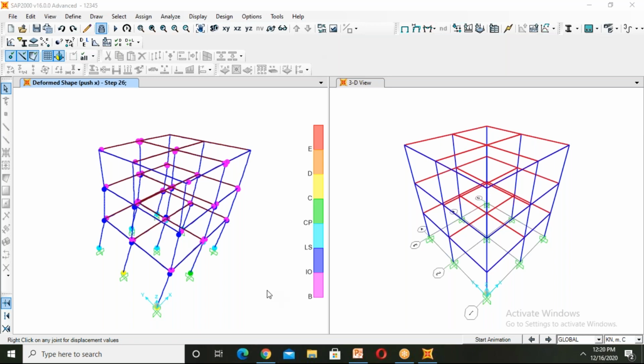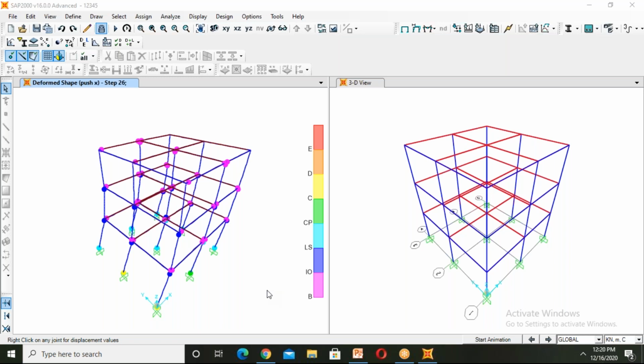After getting the pushover curve, we will know how much displacement that structure can take, and the ultimate base reaction that structure can sustain. So by this, the existing building can be taken into account, and we can suggest some retrofitting strategy by taking the pushover curve into account.